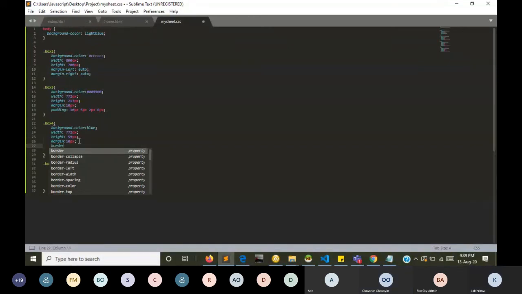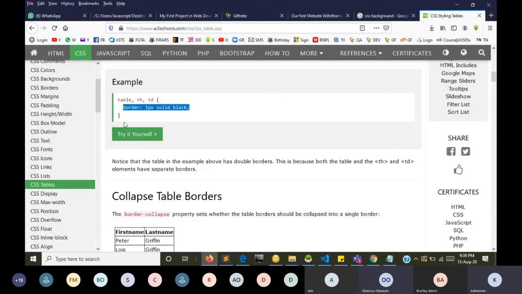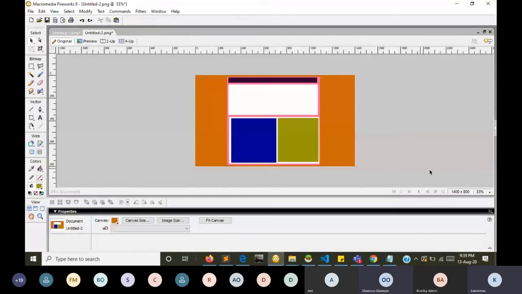I say 5 pixels. So you can see you curve the edge of the box. So these are the things you get from all these websites. So this is the assignment for the week,